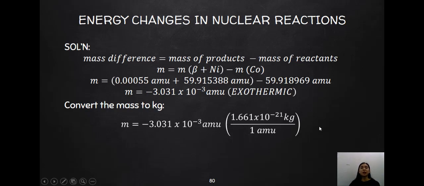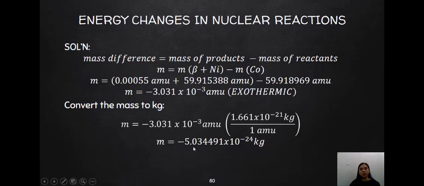You need to memorize this, because I think this is the new conversion factor to you. Such that your negative 3.031 times 10 raised to the negative 3 atomic mass unit is multiplied by 1.661 times 10 raised to the negative 21 kilograms per atomic mass unit. This atomic mass unit and this atomic mass unit will cancel with each other, leaving you a mass equivalent to